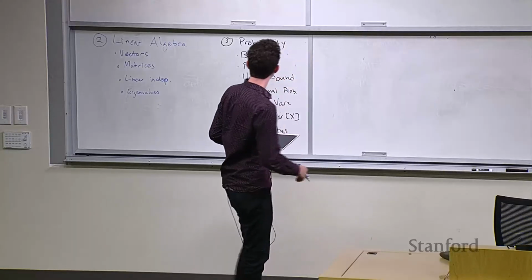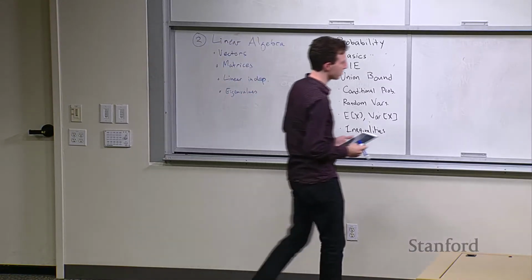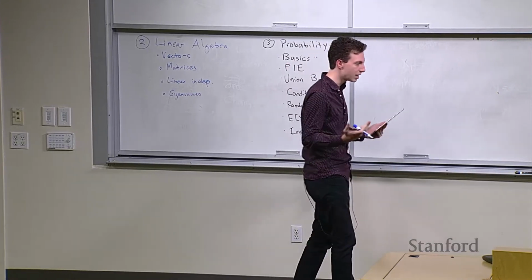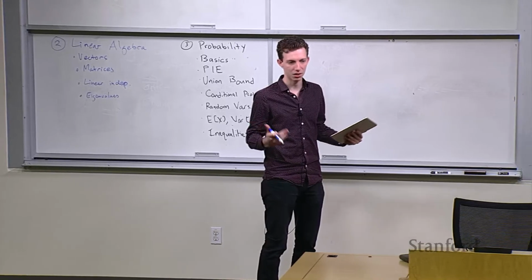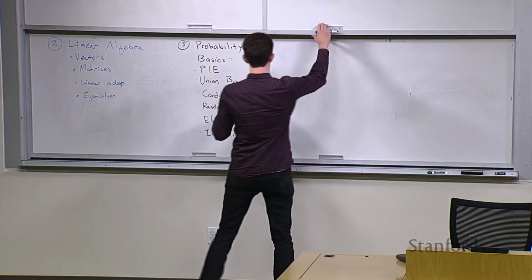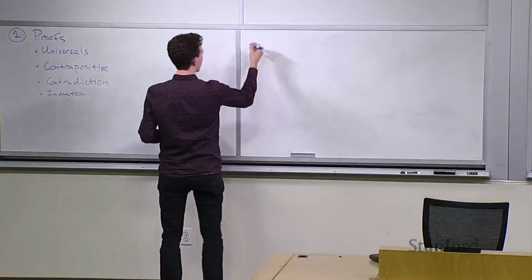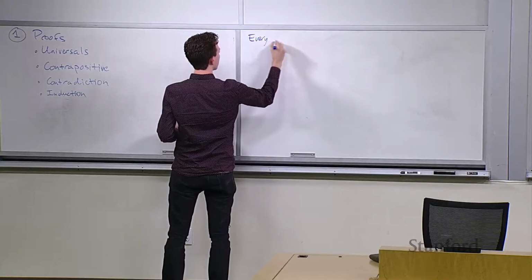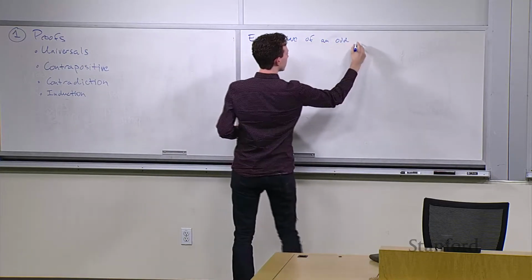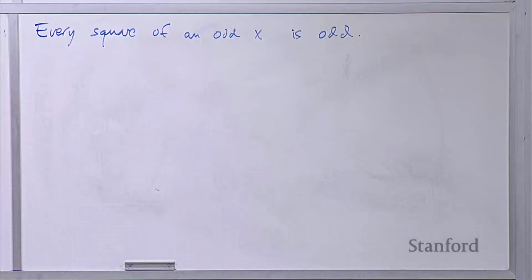OK, so the first thing for proof techniques is proving what are called universal statements. All that this really means is proving a statement of the form any something has some property. So for example, any even number is a multiple of 2. That's by definition, so that's not really something that will be interesting to prove. But something that could be interesting to prove is something like every square of an odd number is odd. And the reason we're looking at this is just to sort of see how you'd prove something